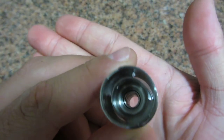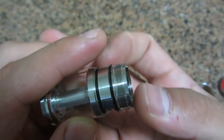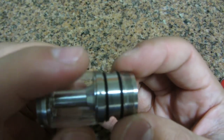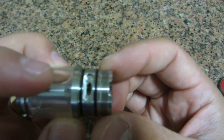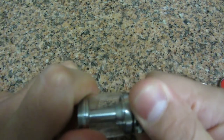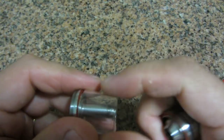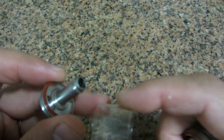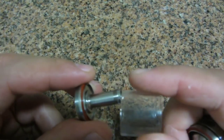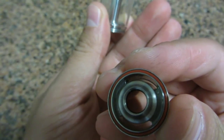Let's see this. Okay, I have 1 hole each side, 1 here and 1 here. We can disassemble these 2 parts for changing the Pyrex. We have an O-ring here and another one here. Okay,